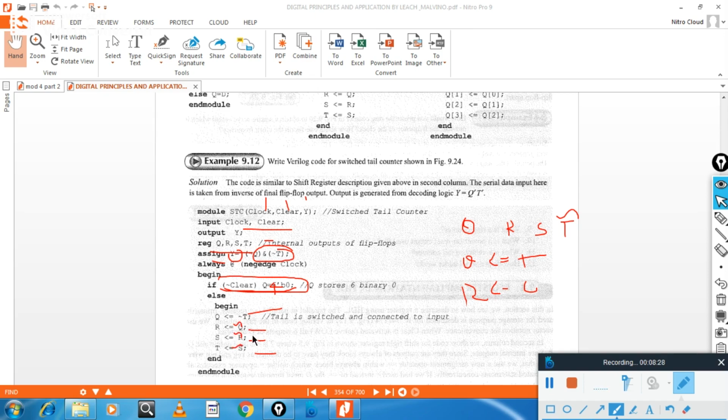That is wrong. Only the first one: in the Johnson tail counter, we know, suppose these are the flip-flops, then the inverted output T bar is connected to the first one, that is this one.